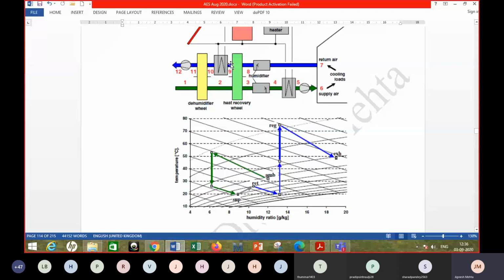So this also can be in the form of a wheel, and it is cooled on this side with the help of room air, and it cools this stream before going further into the room. So you can see because of that heat recovery wheel, the temperature goes down from around 53 to around 26 or something. Okay, now this air is going into this humidifier, which is something like a desert cooler, right?